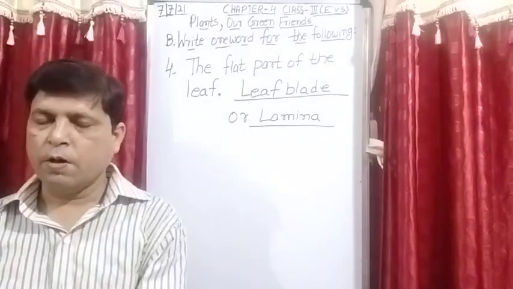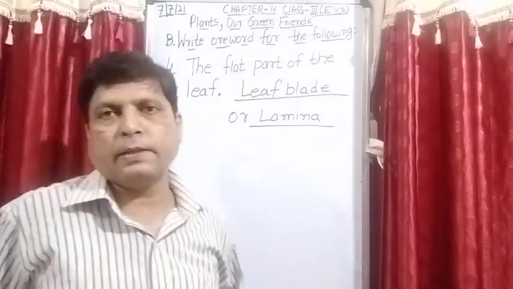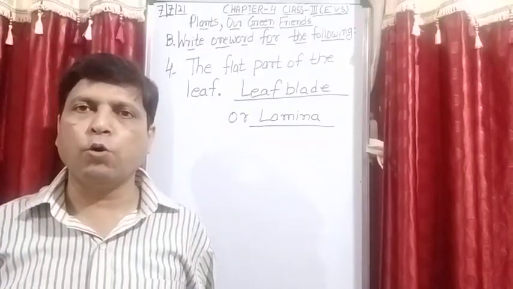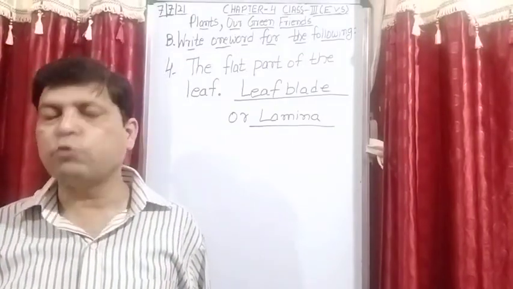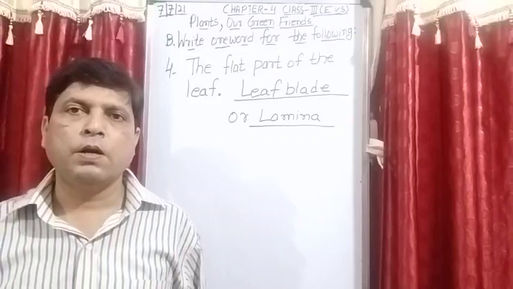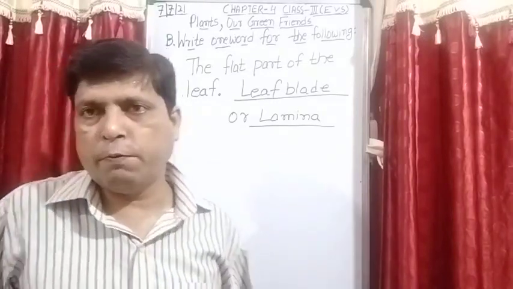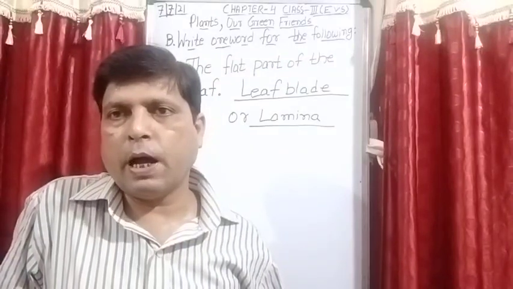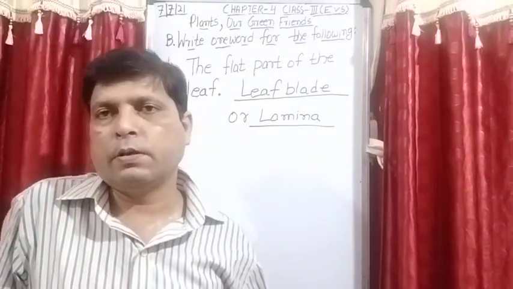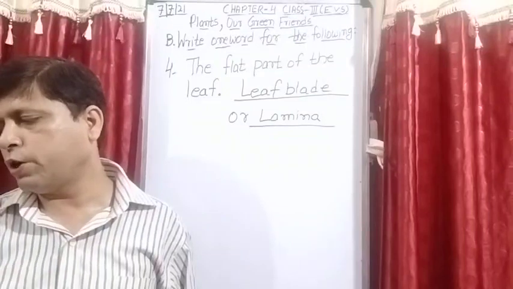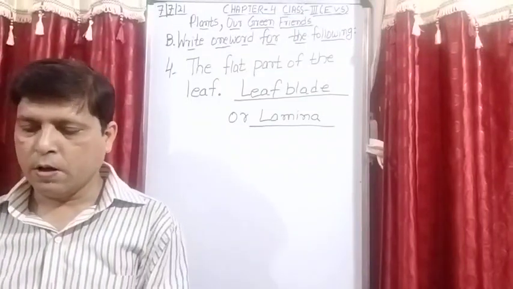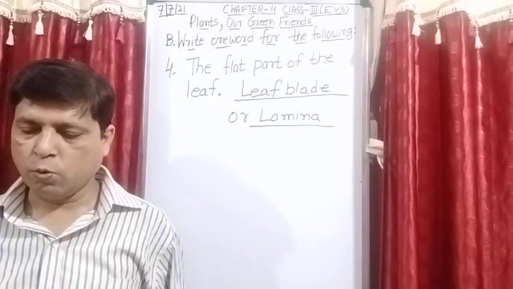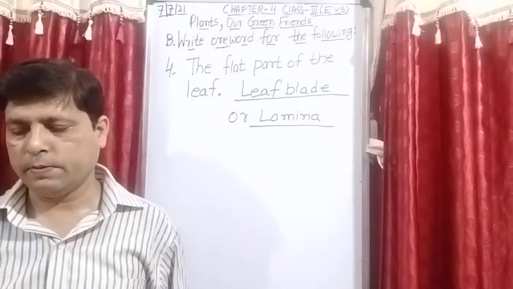Now we have completed the book exercises, students, and you have to complete the book exercise in the book only. Now all of you take out your classwork copy, because in the classwork copy we note down the question answers of the chapter and we draw the diagrams. We will start question number C. Give short answers to the following questions.